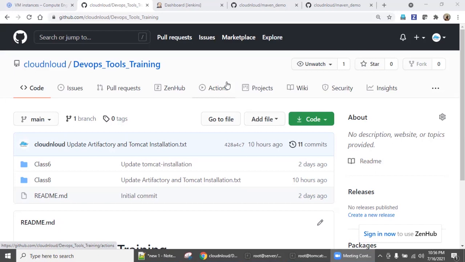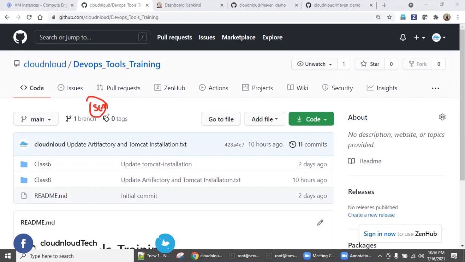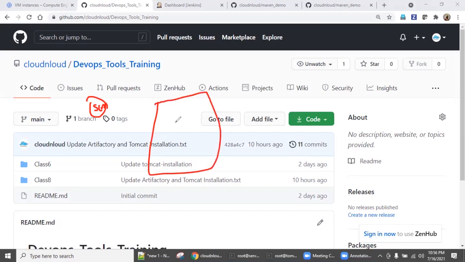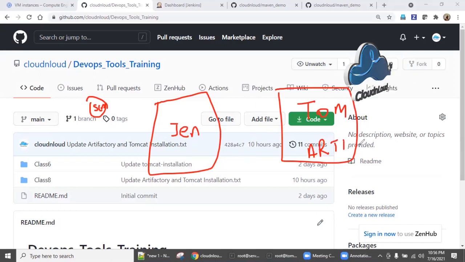Okay, so now in this class, we are going to integrate one collaboration tool, Slack. The idea here is I have my source code, this SCM, source code management, sitting somewhere, github.com or bitbucket.com or your own private repository. I have my Jenkins server, the CI server. I have my Tomcat web application server and Artifactory repository management. Put it in a shortcut.